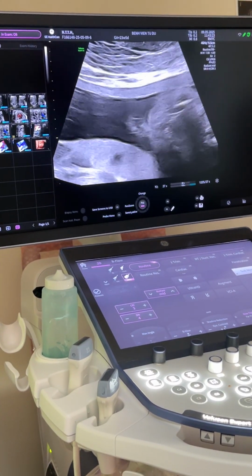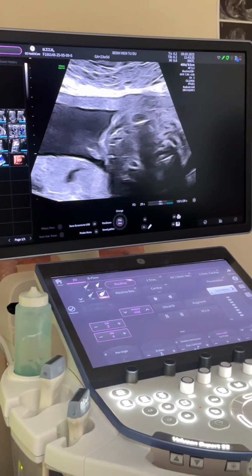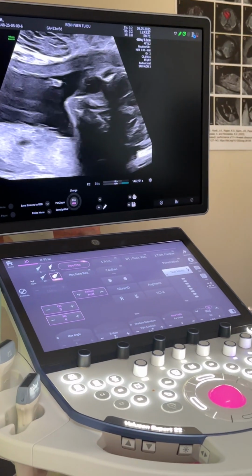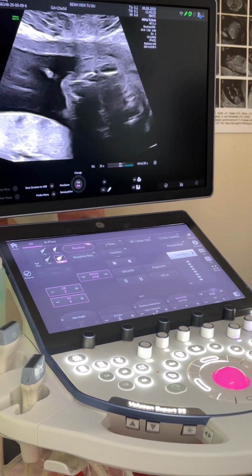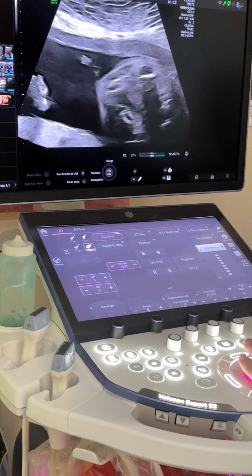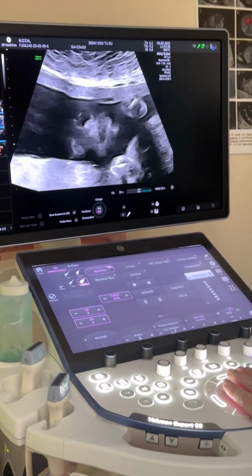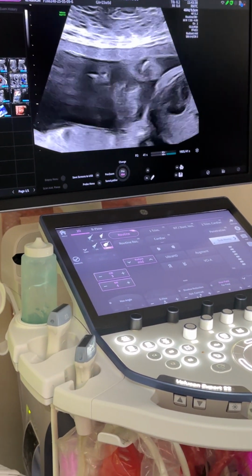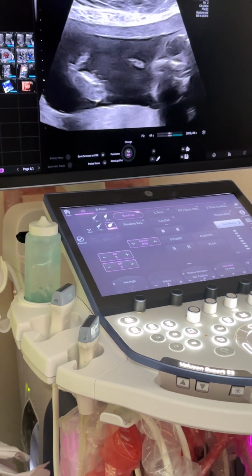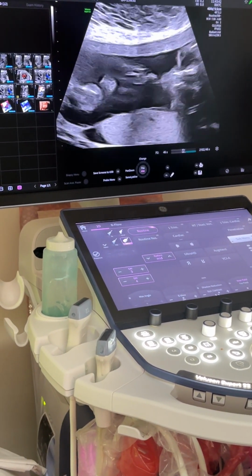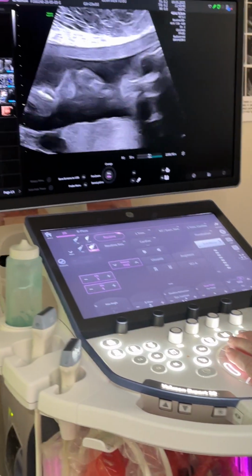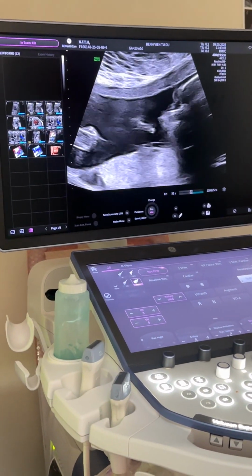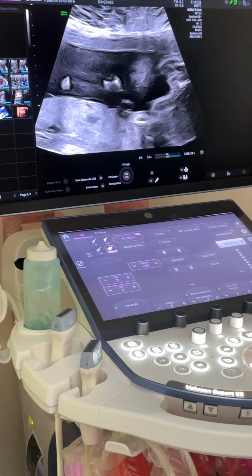Once I come across to that, my next question is what are the appearances of the digits of the hands? So I come across to look at, I ask myself, is a thumb present? Because with radial ray deformity, the thumb will be absent and the radius will be absent. So I come across to look at the digits of the hand. So as I do so, I see a single digit just coming in here. And I want to know how many other digits are there. So as I come across,